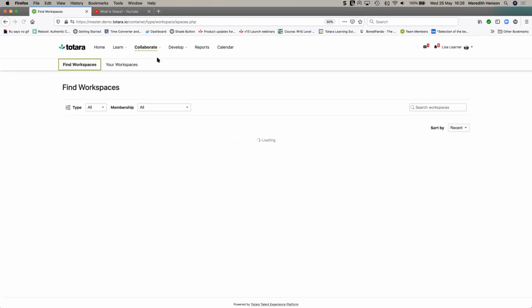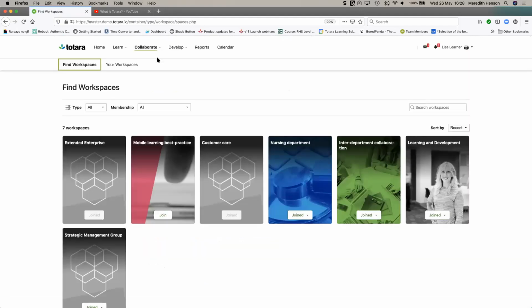So I've talked a lot about workspaces, so let's have a look. There are a lot of opportunities for how you use workspaces across your Totara Engage site. It might be a project group. It might be a group of people that are having a similar experience, such as an onboarding or induction workspace. It might be for a certain team or department. It could be a combination. It could be a range of other things.